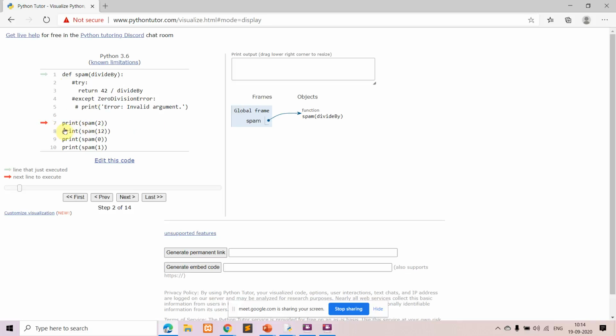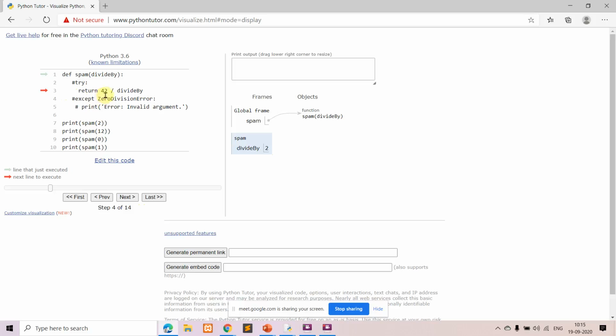Now the next statement that will be executed is the function call. You're going to call the function spam and the parameter you're going to pass is 2. When you call the function, the value 2 is passed to the parameter divide by. Next, it comes inside the body of the function, where you have written a return statement.